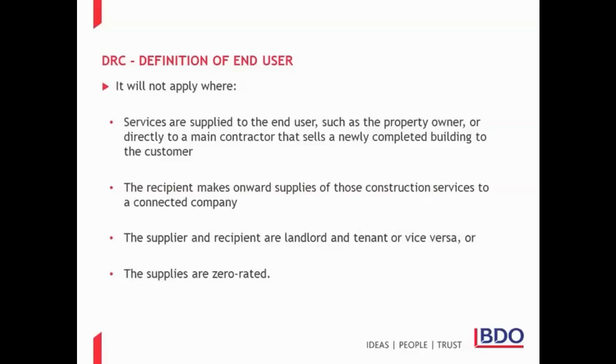HMRC's guidance reiterates the fact that there will be a light touch in the first 6-month period following the implementation, provided the business is trying to comply with the legislation and has acted in good faith. However, HMRC says it may assess for errors during the light touch period, restricting penalties to cases where they believe the business is taking advantage of the measure by not applying it correctly. The guidance does not expand upon what this means, nor does it address this particular type of error, instead focusing on the potential for services as having been incorrectly treated as subject to reverse charge when provided to the end user.